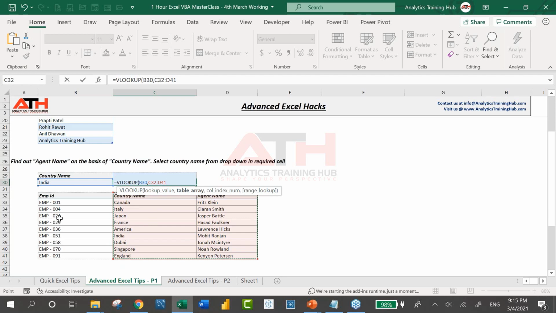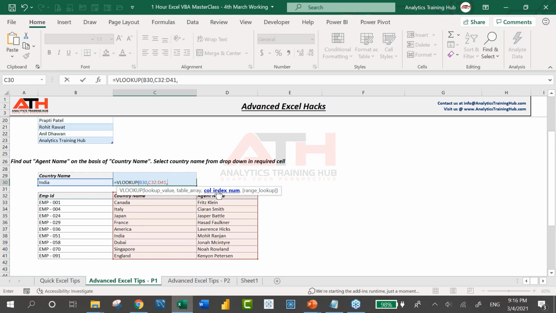Although it is possible using VLOOKUP, you can also look up right to left, but using this method, we cannot actually. So if you ask me that I want to retrieve employee ID by looking up the country, the way the data is given, using this method, it will not be possible, unless I take the help of some other function as well. So once I select the table array and I make sure that in the first column of the table array my lookup value is already there, then I proceed for the next argument, which is column index number.